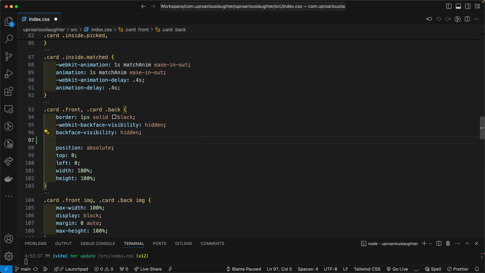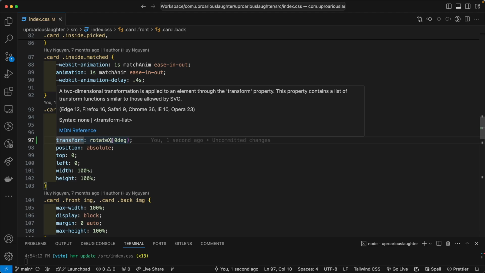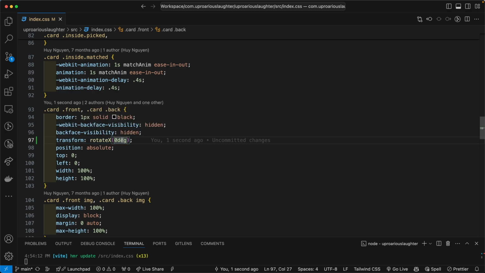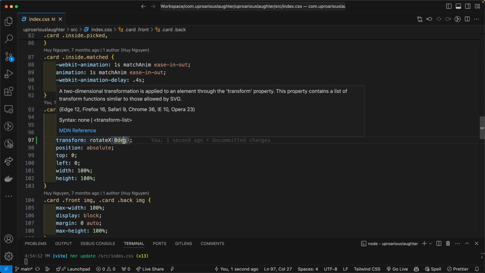In Firefox, we have to explicitly apply the transform property, rotated on the x-axis, which I explained earlier in the video, on the horizontal axis,